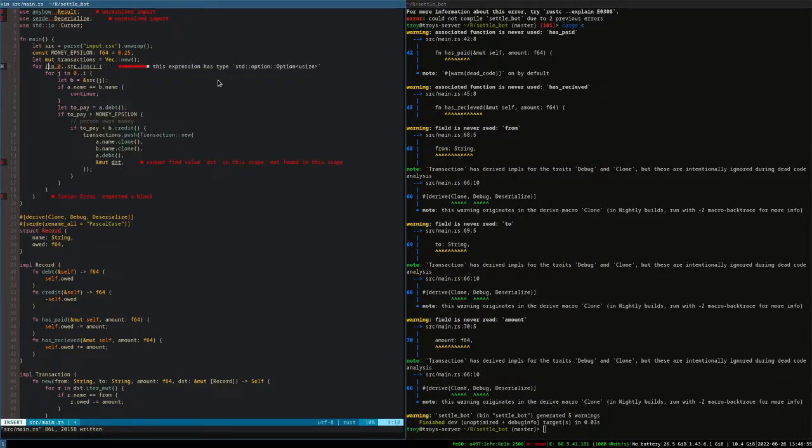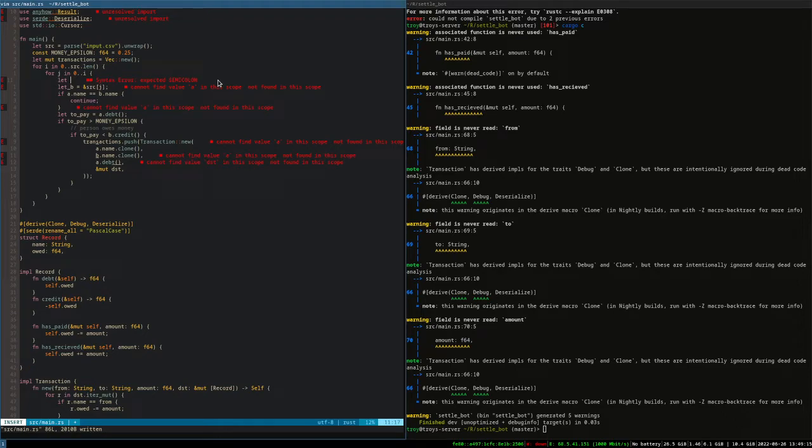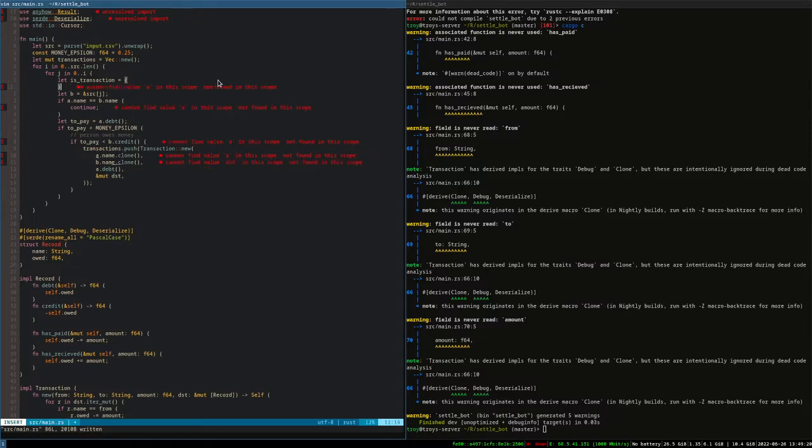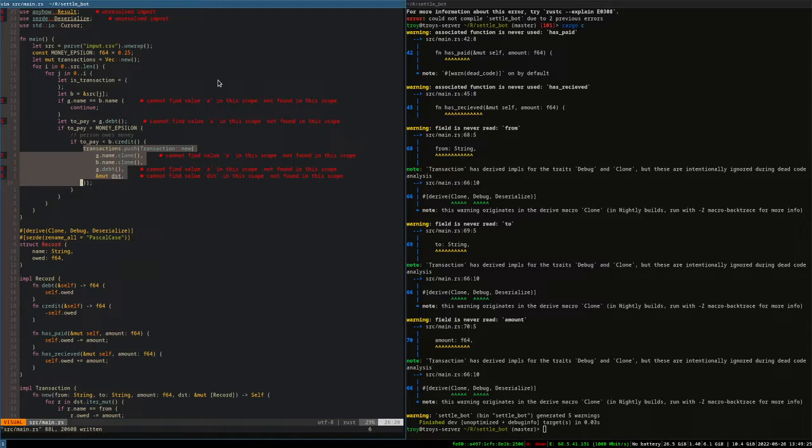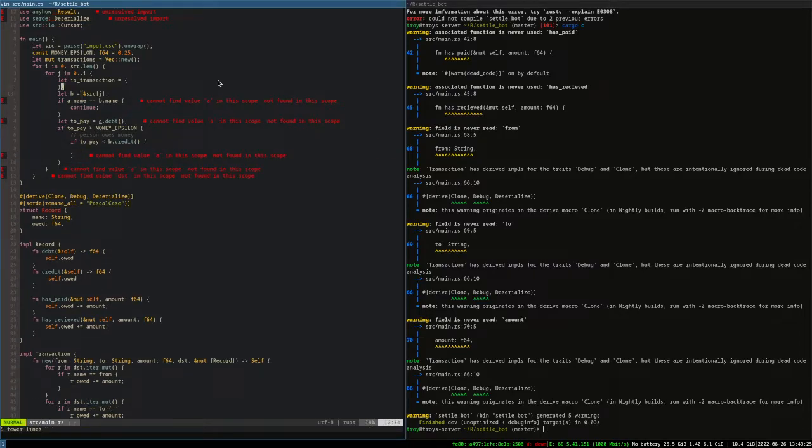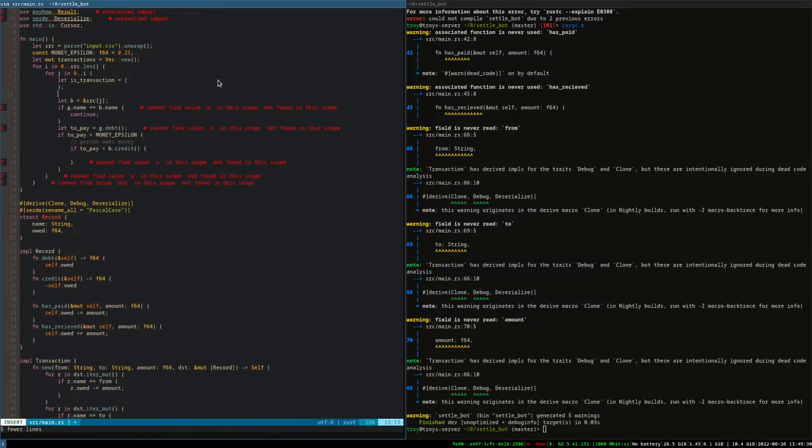this is just going to be for I. We'll just use a dummy for loop, 0 to I. And then to push, we need mutable. We'll just do let. We'll have a scope. And if it is a transaction, oh, and then we can use indices. Nice, okay. So if it is a transaction,